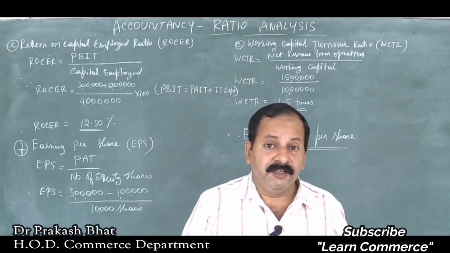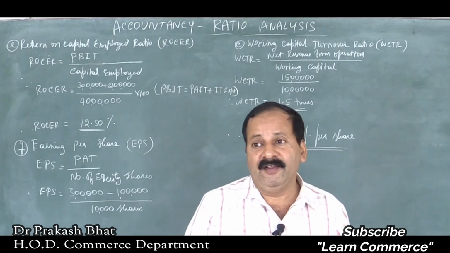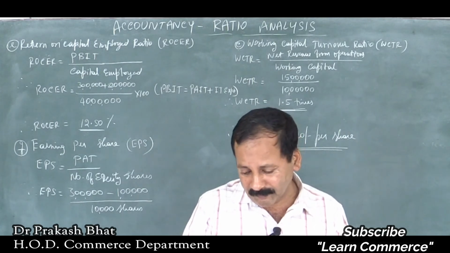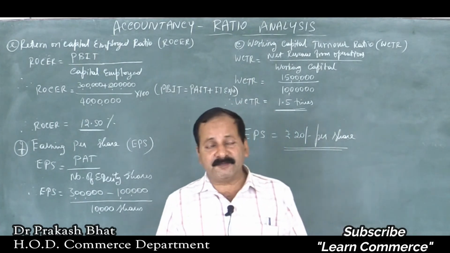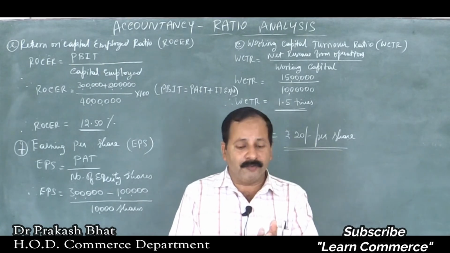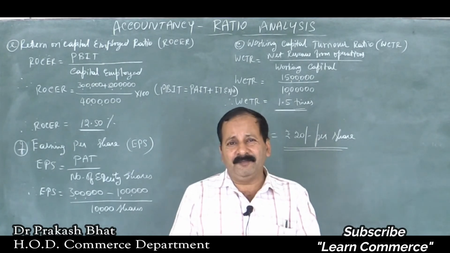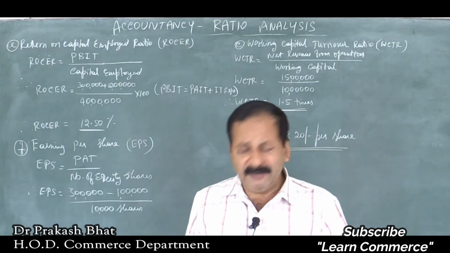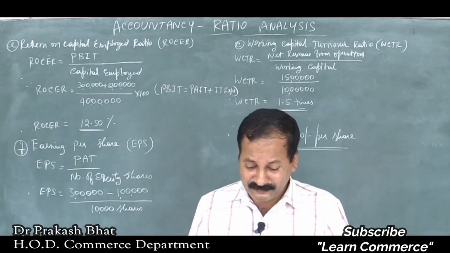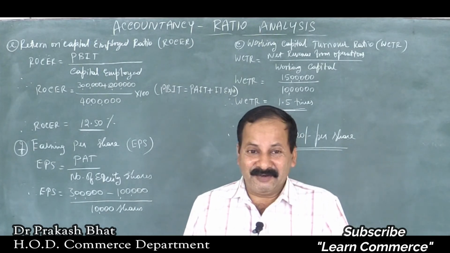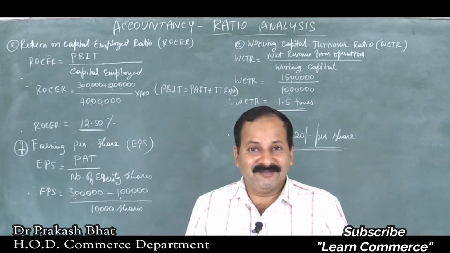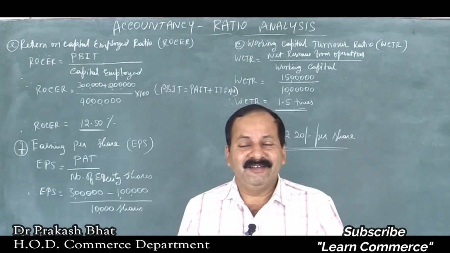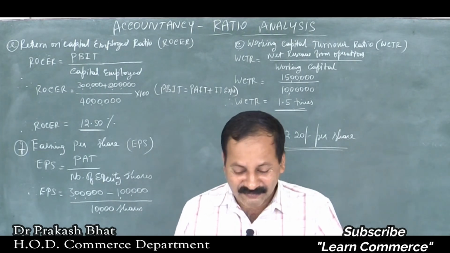Students, with this, your ratio analysis comes to an end. And I have only one small chapter, cash flow statement. I think 5 to 6 hours are enough for me, because they will ask only small problems, 6 marks problems. No 12 marks problems from that chapter. So I'll go very brief. And in the meantime, we never know whether that chapter will be there for the exam or not. First of all, COVID is giving signal whether exams will be there or not. Then next question, if it is there, whether cash flow statement will be there or not.